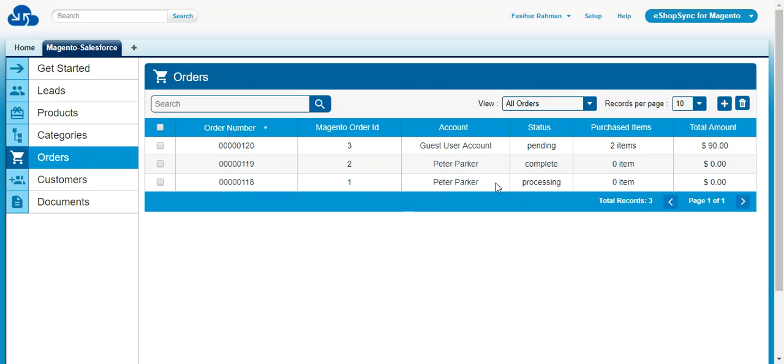This order has been synchronized to the registered account, and the order status with all the purchased items and the total amount. You can check for the Salesforce order if you have an already existing order in Salesforce, either for Magento orders. So if you click on any order number, it will take you to the default page of the Salesforce orders,